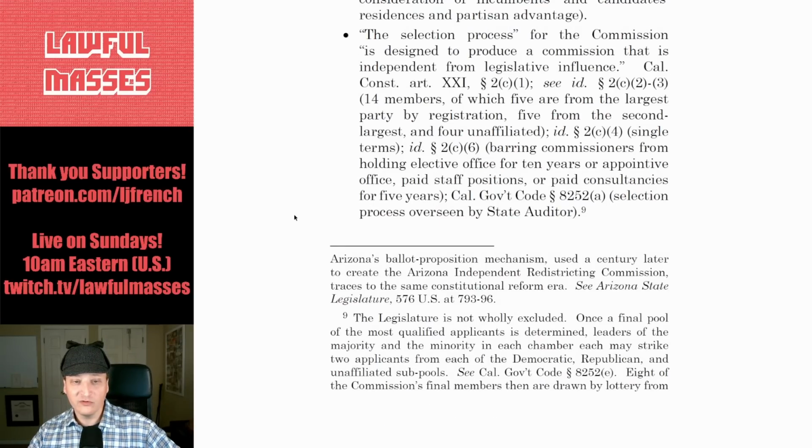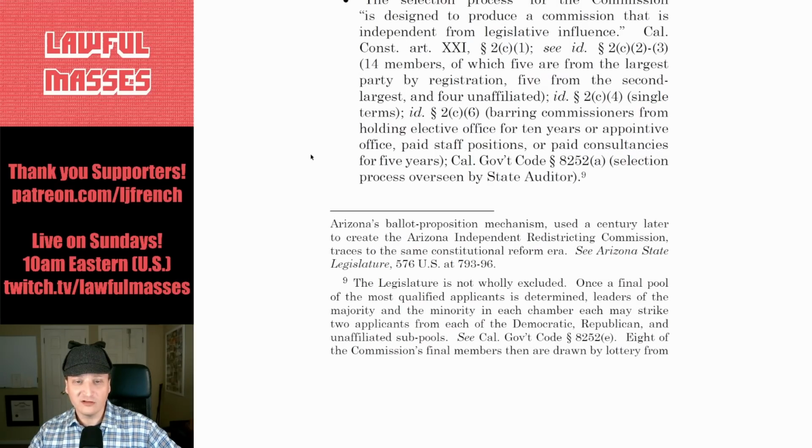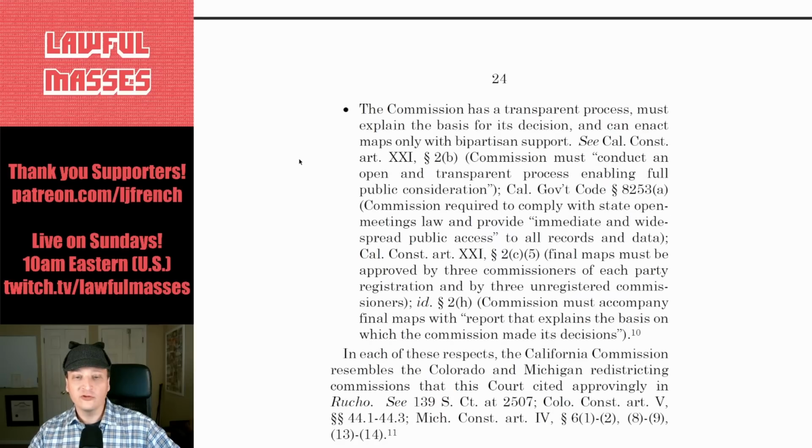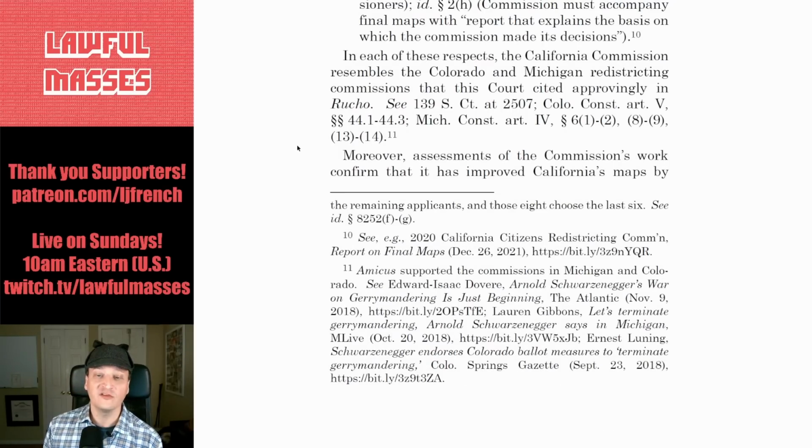Its 14 members, 5 are from the largest party by registration, 5 from the second largest party, and 4 unaffiliated with a party. Third, the commission has a transparent process. They must explain the basis for their decision, and they can enact maps only with bipartisan support. In each of these respects, the California Commission resembles the Colorado and Michigan redistricting commissions that this court cited approvingly